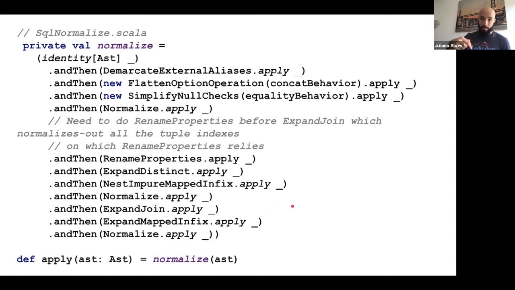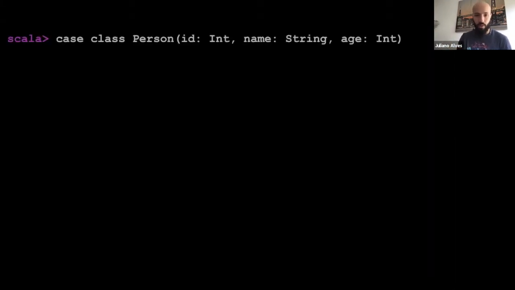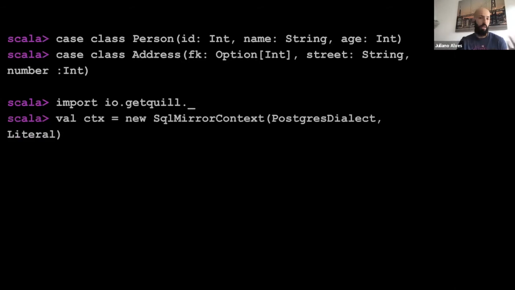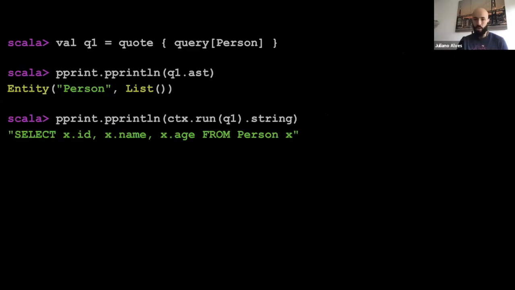So if you go back to those queries we built at the beginning, just a quick reminder, we have a case class Person with an address, right? Then having Quill here and a context, we can just generate, again, this AST. And I suppose at this point you can see how this AST became this select here, right?